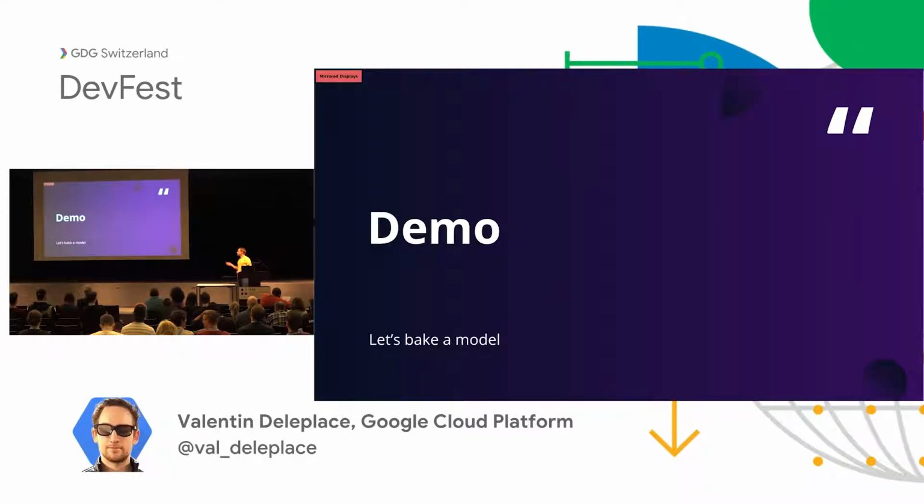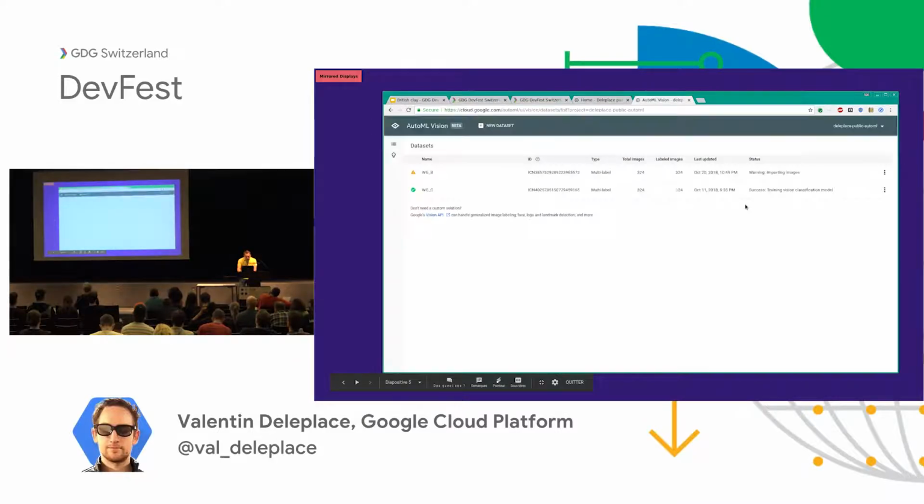So I'll start with a demo. Today we are going to build classifiers of pictures. And why am I doing a demo right now? Because it will take a few minutes to train a model. So what is it about? It's about, let's see,